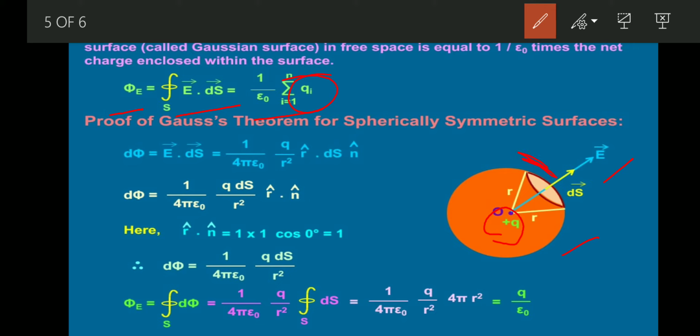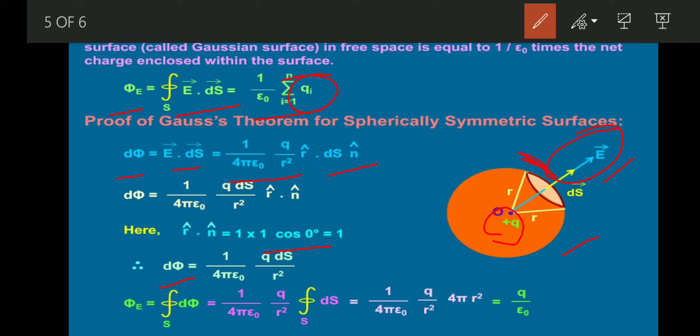Now, applying Gauss's law, d phi, which is equal to E dot ds, is further equal to, the value of E is 1 upon 4 pi epsilon naught q upon r square, r unit vector, which is the direction radially outward, and ds vector will be equal to ds n unit vector. Its direction is also perpendicularly outward. Since E vector and ds vector are in the same direction, the angle gives cos 0, which is equal to 1, and simply d phi can be written as 1 upon 4 pi epsilon naught q